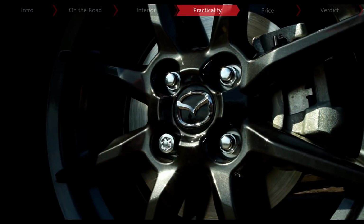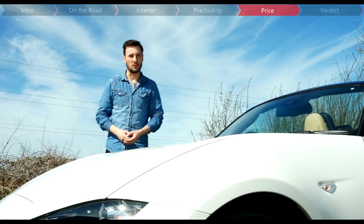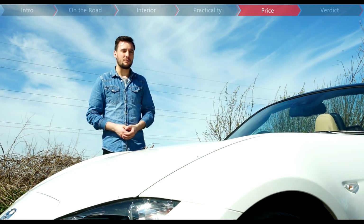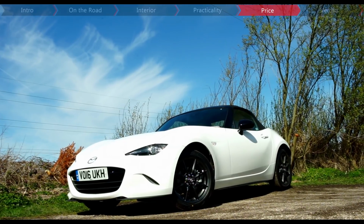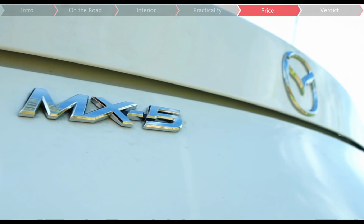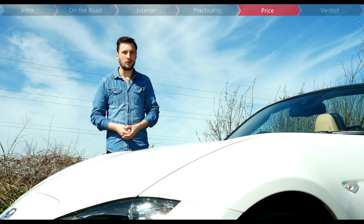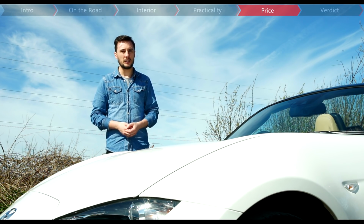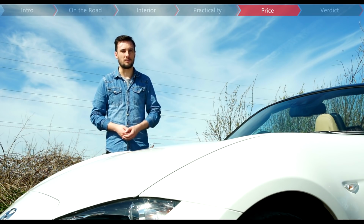be available. One of the most attractive things about the MX-5 has always been its affordability, with prices starting from just $18,495, and the SportNav model will set you back just $22,445. The closest thing that it has to a rival, the Toyota GT86, by comparison costs $4,000 more and doesn't come as a convertible either. It doesn't cost that much to run either, and this test model hasn't dipped below around 40 miles per gallon in the time that we've had it. Particularly if you use it just at the weekends or for special occasions, you can get plenty of bang for